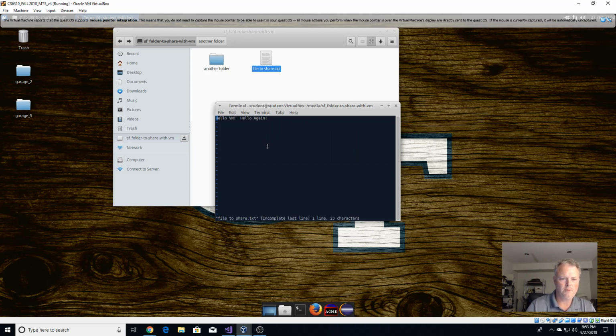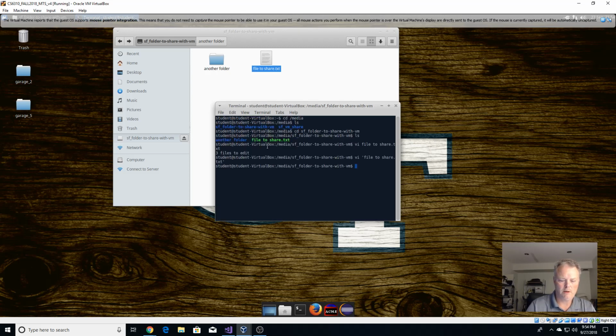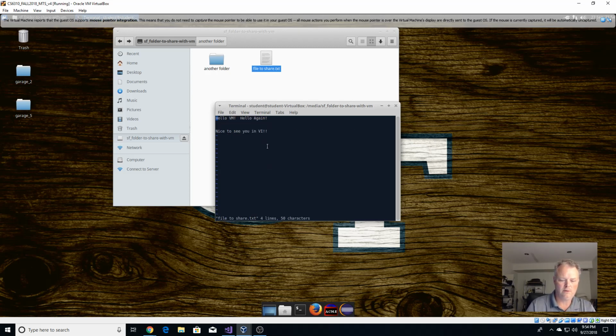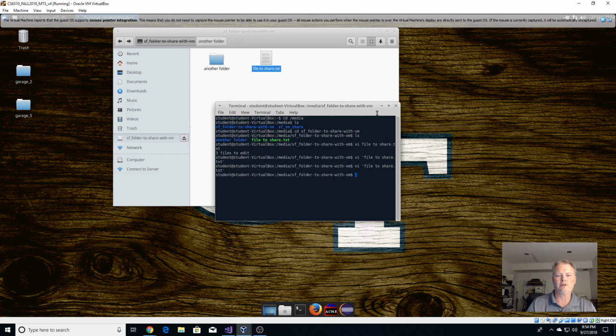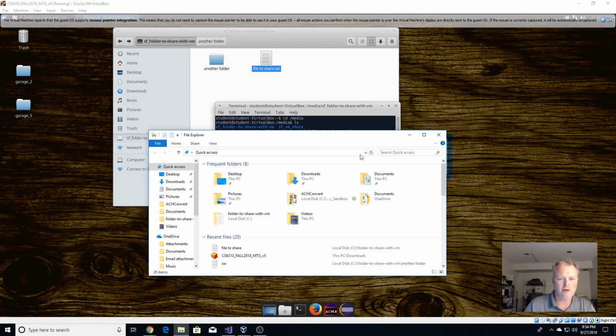Okay, so if I come into this editor and come down a couple lines, right, now if I look again, I've saved it. So I've saved this. Actually, if I go back into Windows,